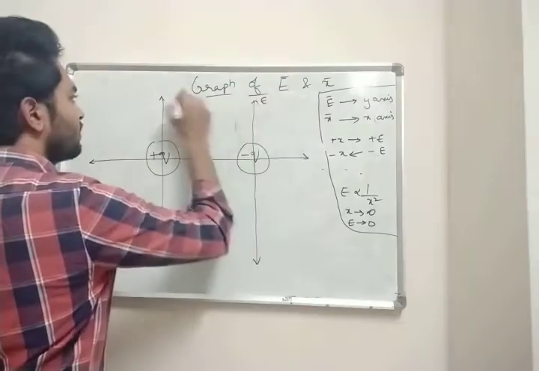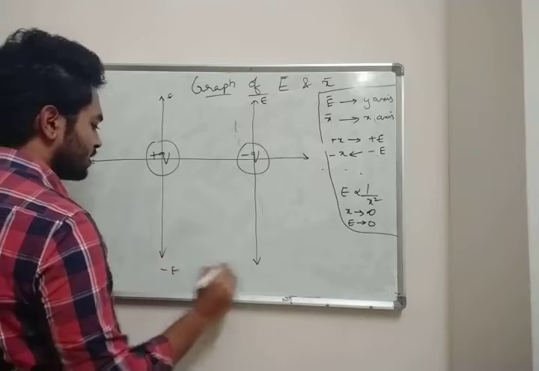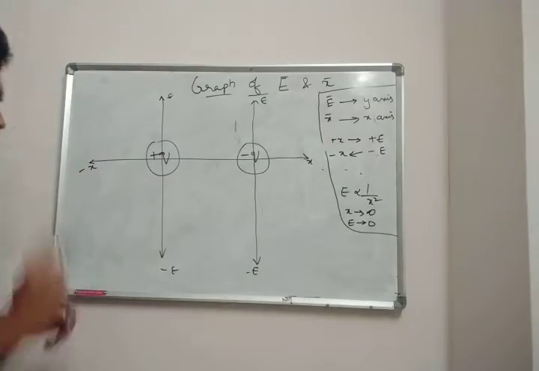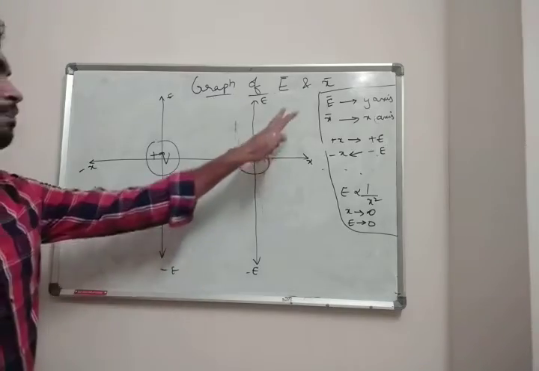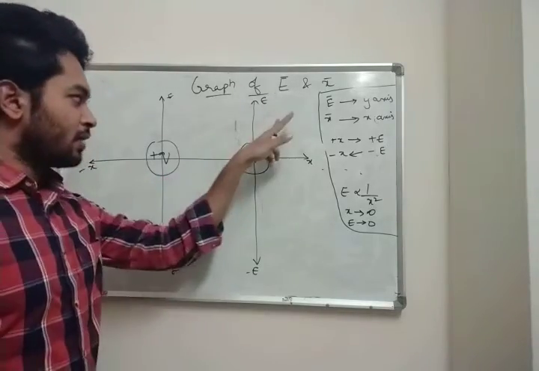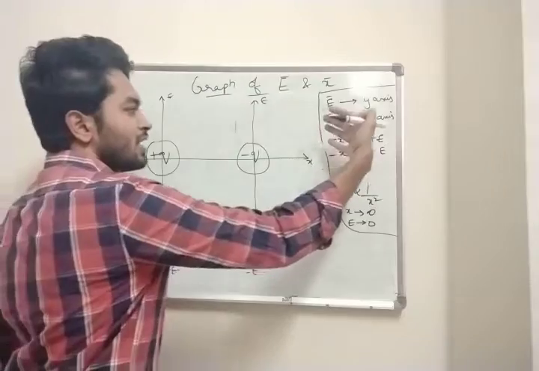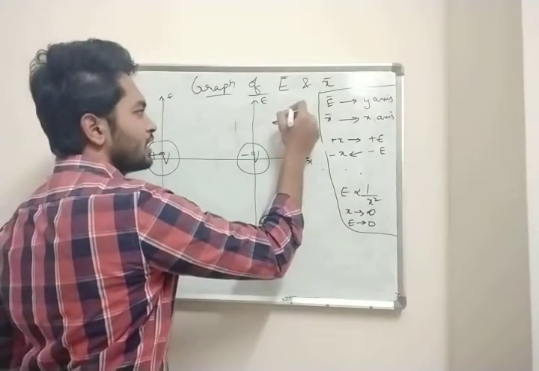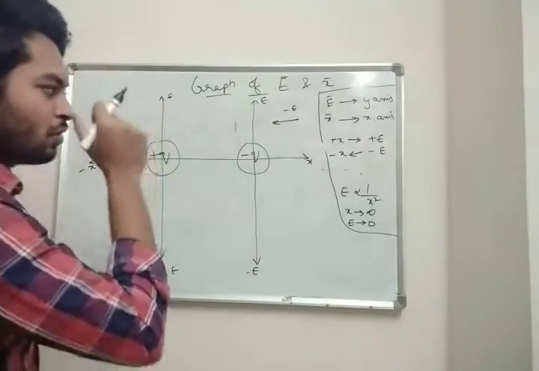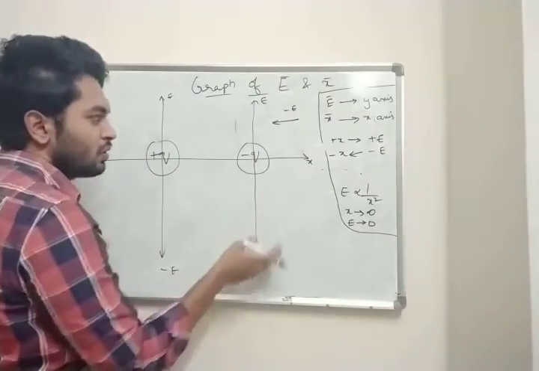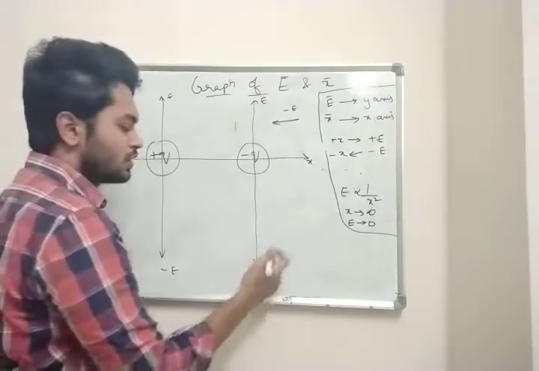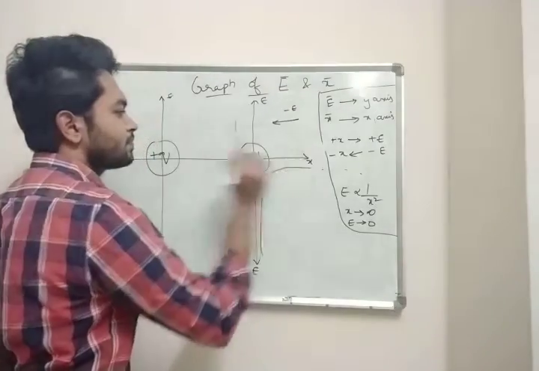And this is electric field E, and this is negative electric field minus E. Positive x-axis, negative x-axis. Clear? Now, if I place a test charge here, in which direction will it act? In this direction. So electric field in this direction is negative E. So how will you get the graph? Here electric field is negative, so you will get downwards. So your graph is like this.